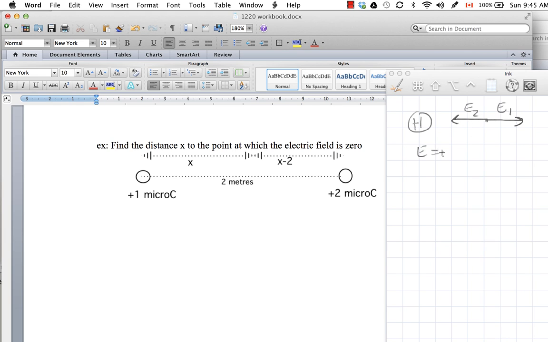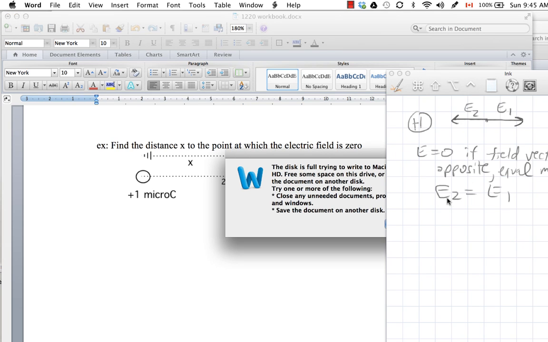The electric field will be 0 if those two field vectors cancel. Now, in order to cancel, they actually have to be opposite. And we can see that they are opposite at this location. And also, they have to be equal in magnitude. So that's the condition that's required for the electric field to vanish. So we see that they're opposite. The condition that they're equal in magnitude means that